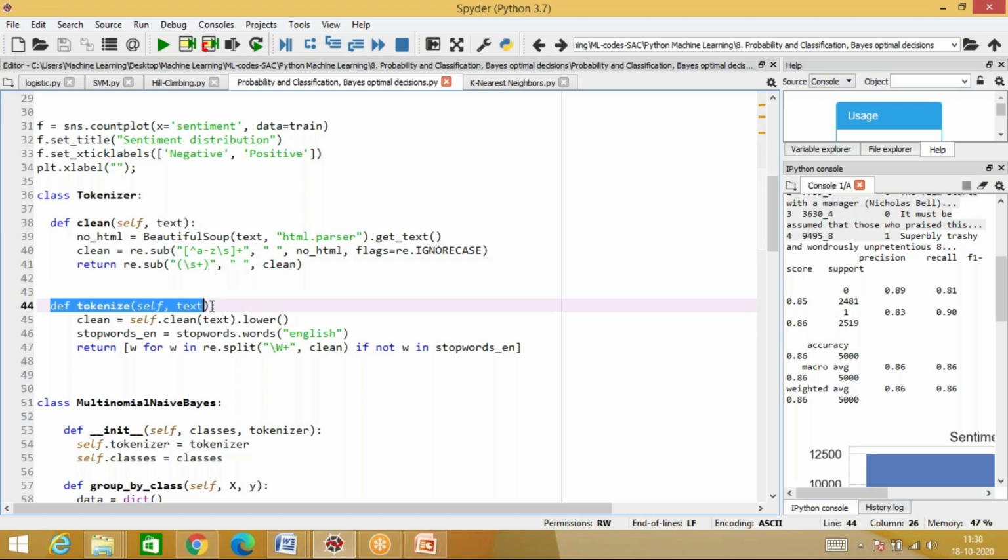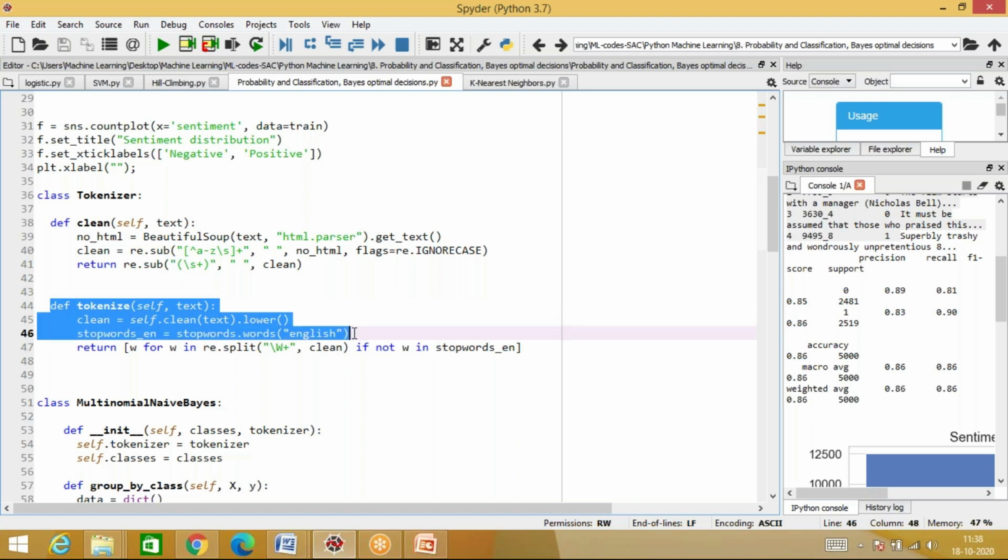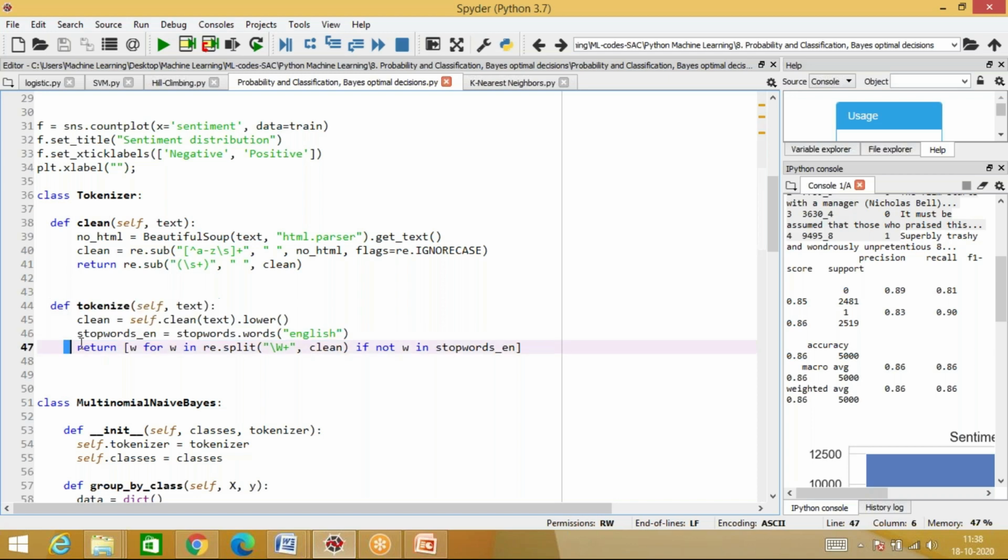Tokenize is a function which will accept the data that has been cleaned above, and then it will just remove the stop words. Now this line number 46 appears to be very simple, but it takes a lot of time. stopwords.words('english'). You have a database which is a collection of all English words. Over there you also have the information about stop words. It will compare all the words, identify the stop words and eliminate them, and then it will create a list over here which will return all the words except for the stop words. So that is what it is.